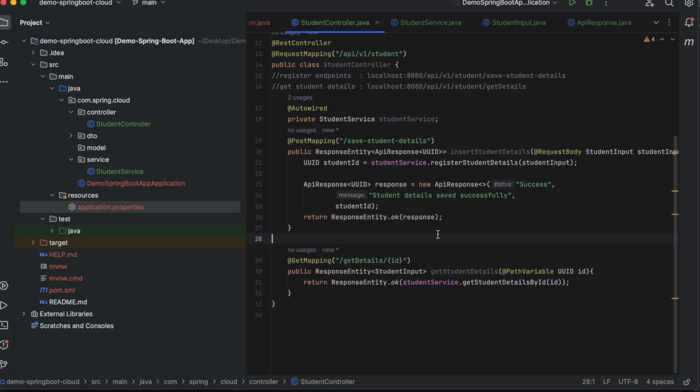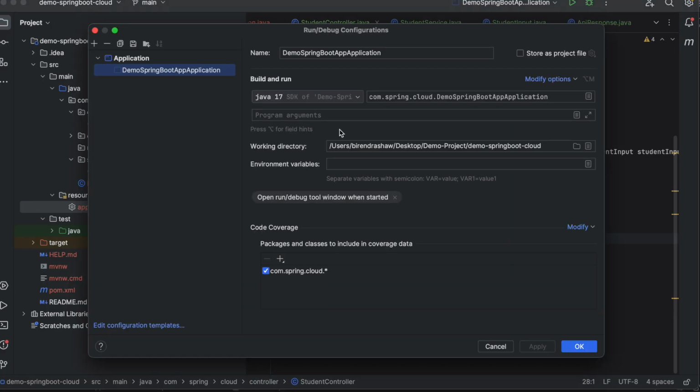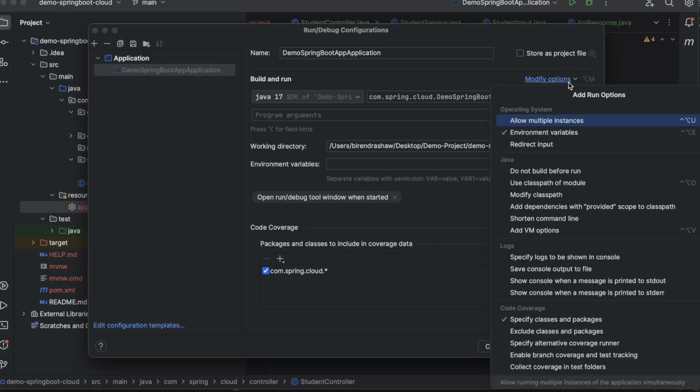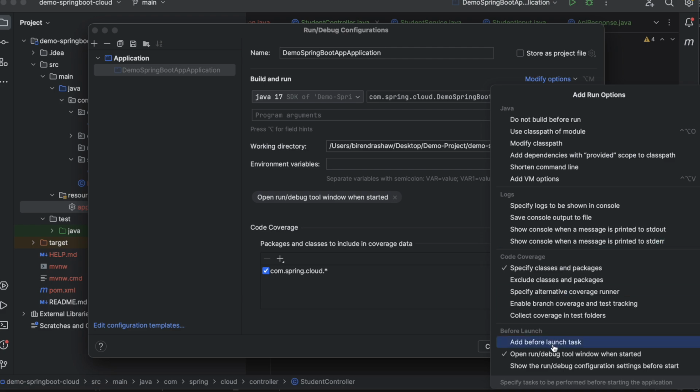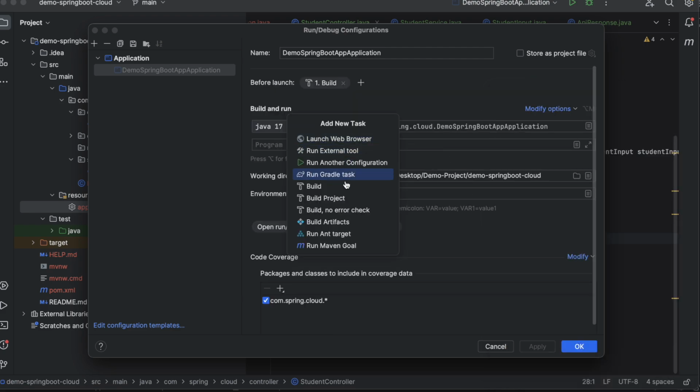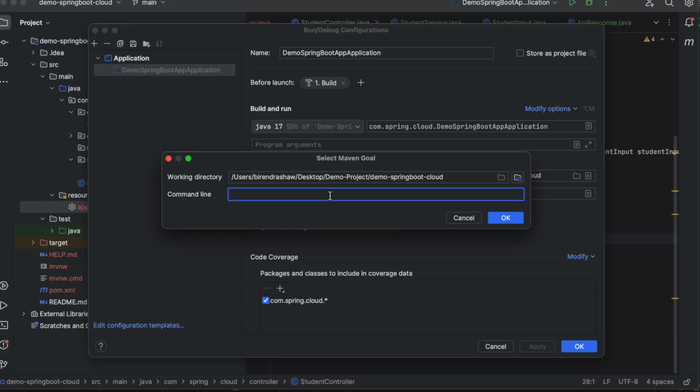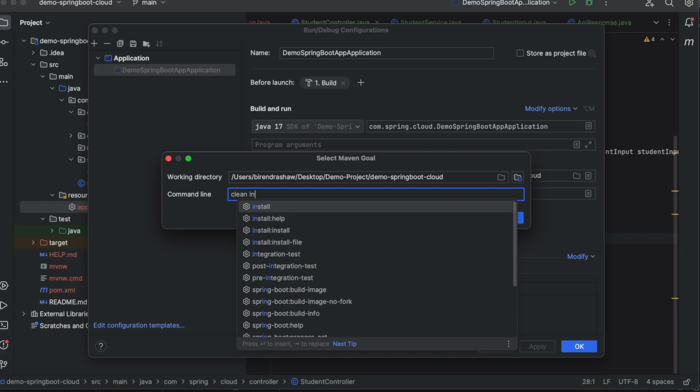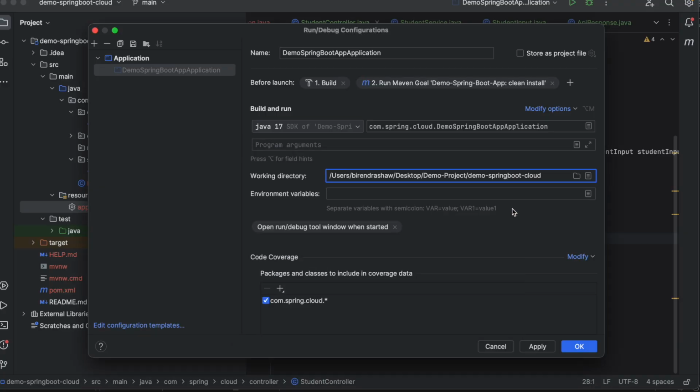We'll do one thing, we'll create one run configuration. We'll go here, edit configurations, and this is fine, this is okay. We'll do one more thing, we'll add this before launch task, and we'll say Maven goal, we'll write clean install, say okay.